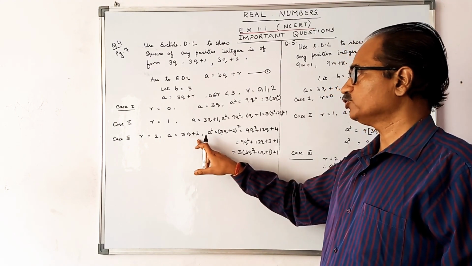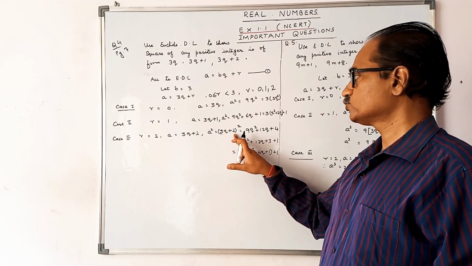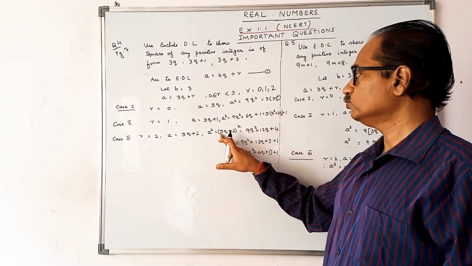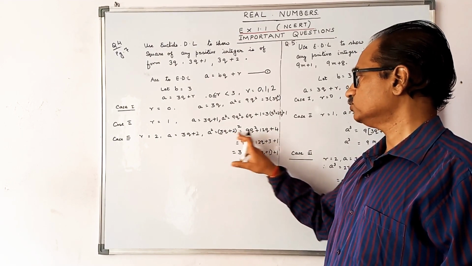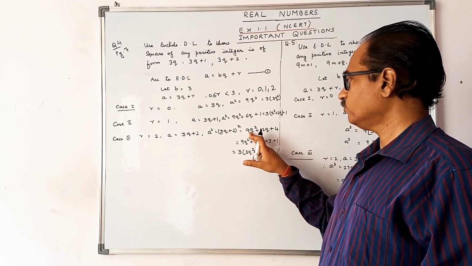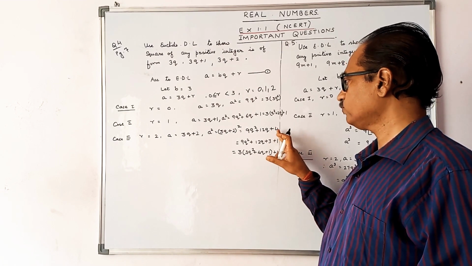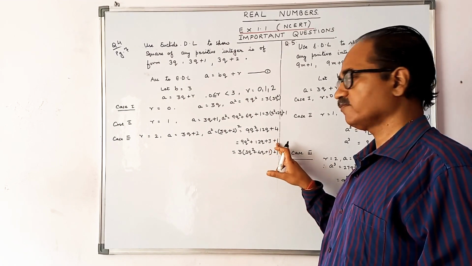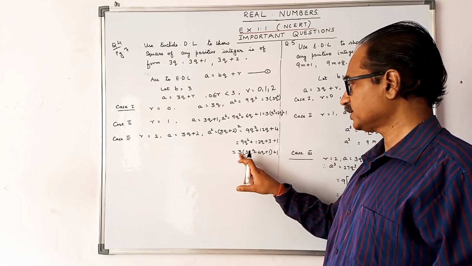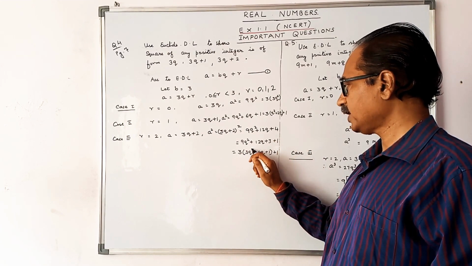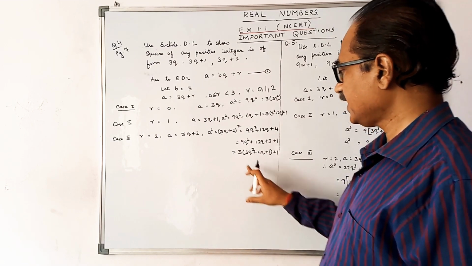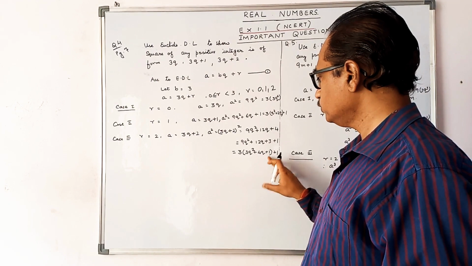a is equal to 3q plus 2, so a square is equal to (3q plus 2) square: 3q square is 9q square, 2 square is 4, and 2 times the multiplication of these two is 12q. Now among these terms, you see 9q square, 12q and 4, three terms are there. 4 can be split as 3 plus 1. So among the first 3 terms, 3 is common and 1 is left, so that is 3 times (3q square plus 4q) plus 1. So this is again of the form 3q plus 1.